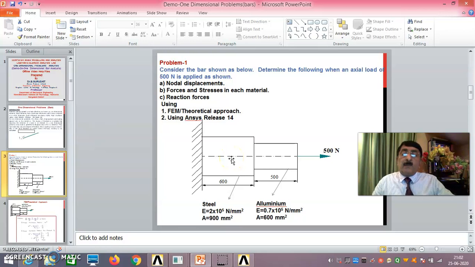You can do it in Newton meter also, but then everything has to be converted. Here area and all that have to be converted. That is why, since everything is in millimeter here, we'll stick to the units. What you should know here in ANSYS is that consistency of the units should be maintained, either Newton mm or Newton meter. Okay, now we'll maintain Newton millimeter.